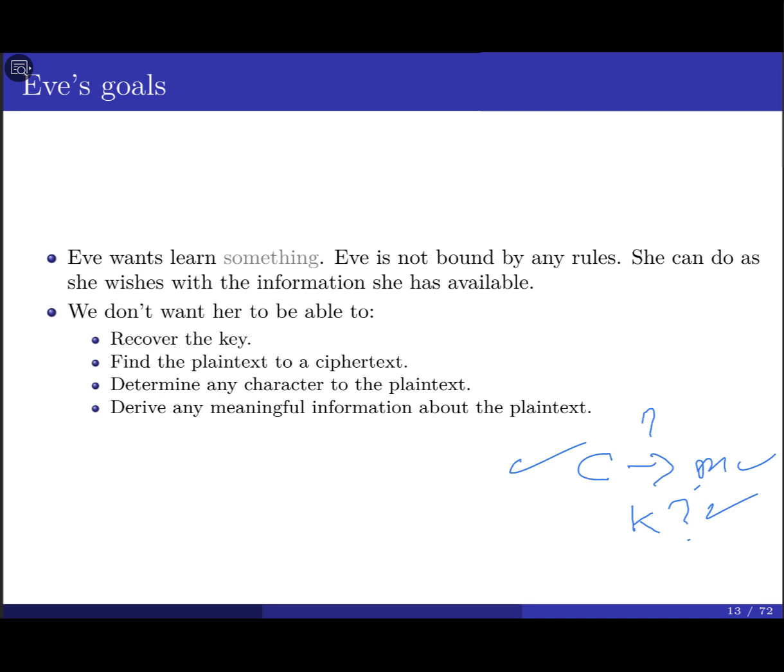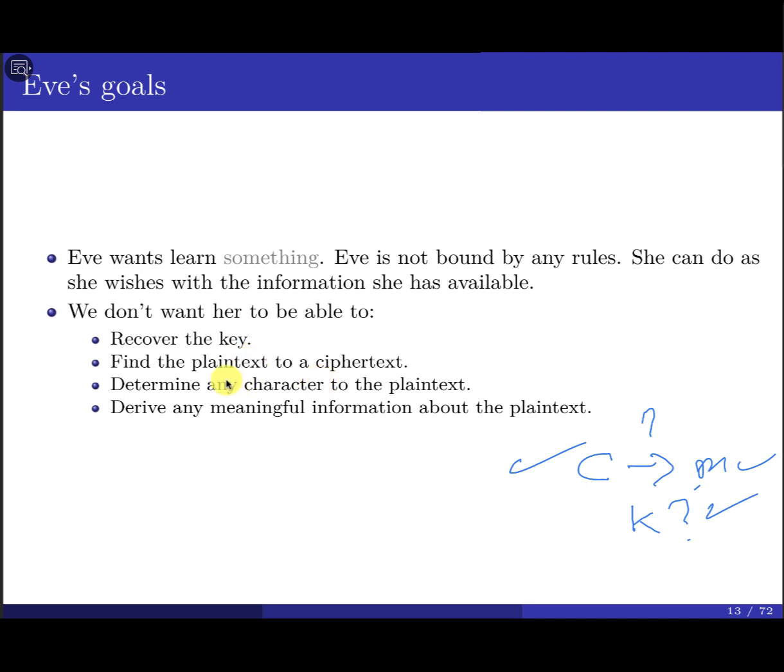If we get the key, that's the most, say, goal that the bad guys try to achieve. So generally speaking, what we want from Eve: Eve wants to learn something about the information we try to hide. We don't want her to know the key itself. This is the most important thing. We try to protect our key, which we use to perform the encryption or decryption.